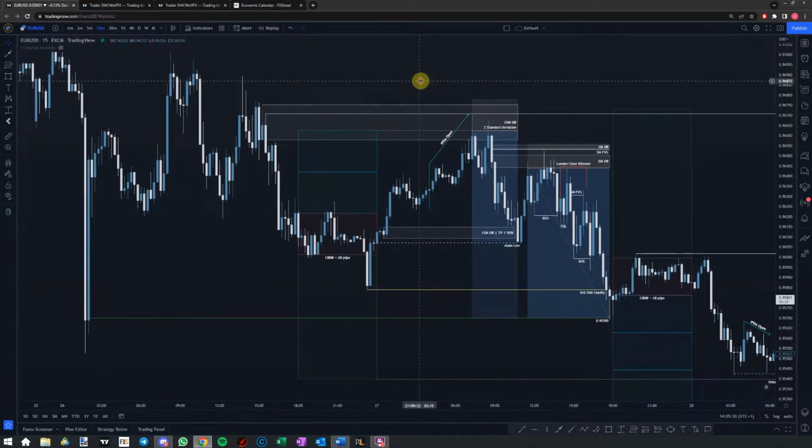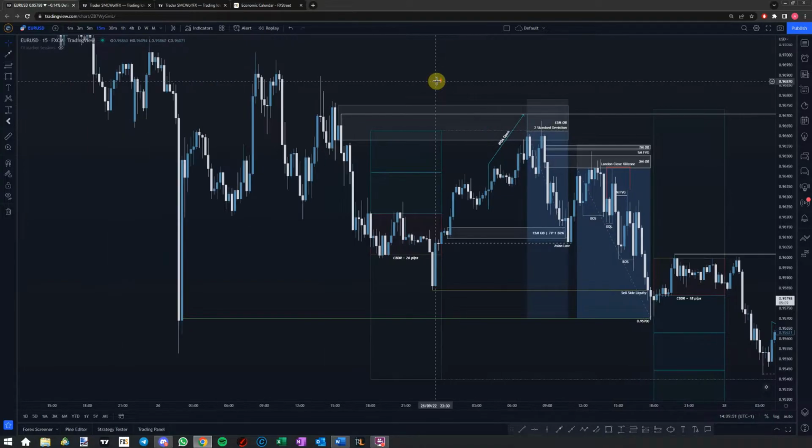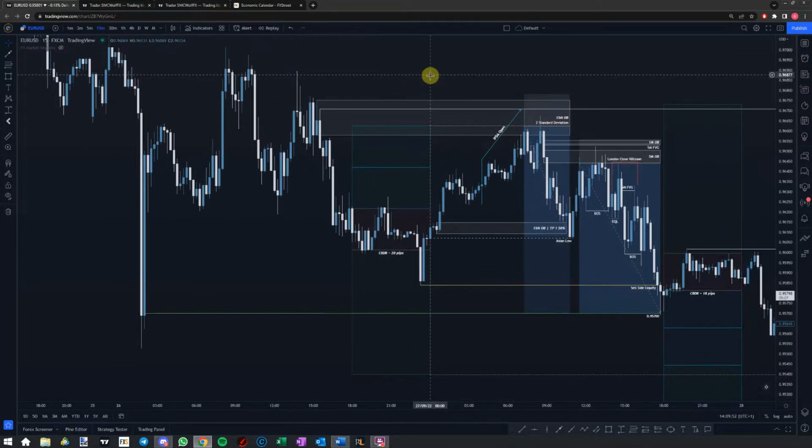So going straight into it, our IPDA open, IPDA standing for our interbank pricing delivery algorithm, opened up bullish, and that's an indication for me that I should be expecting further bearish momentum within the price for this trading day. So having that bias in mind, I marked out our central bankers dealers range and then went 2